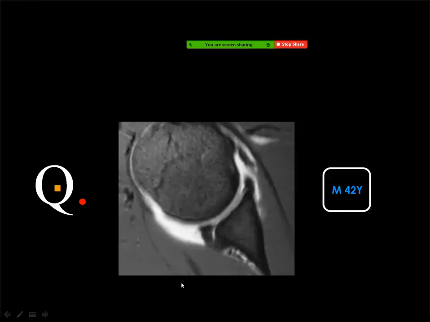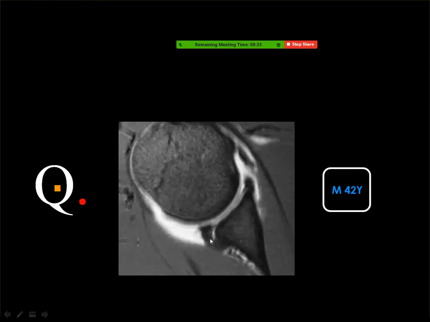And this is an MRI axial image of the shoulder. Reverse Bankart. Yes, very good. And this is a torn posterior labrum. And you see that the anterior labrum is intact. And this is the middle glenohumeral ligament. And this is the subscapularis tendon. And here you have rupture of the